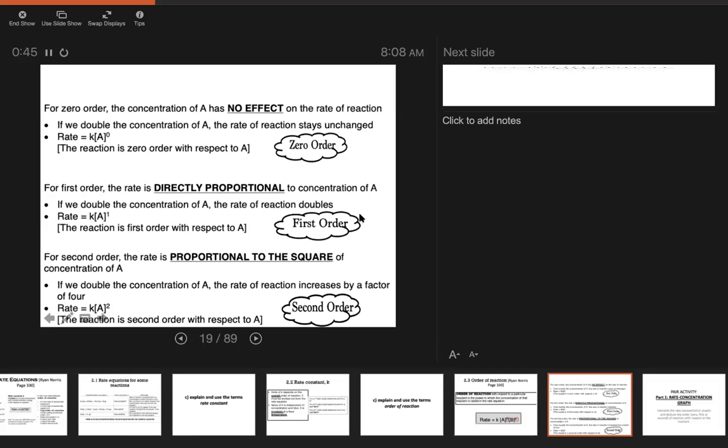First order, this is the normal one. If you increase the concentration of a reactant, the rate of reaction increases by the same amount. Someone asked me in the last lesson, which is a good question, what happens if we